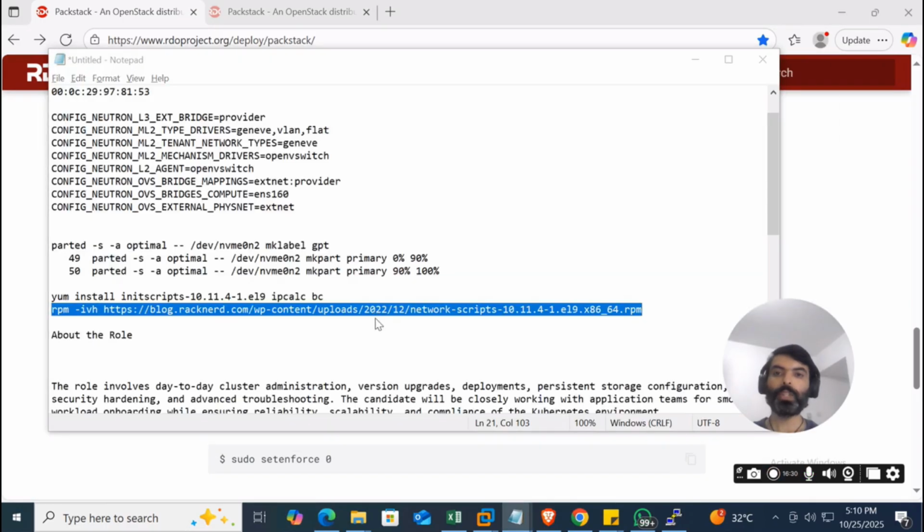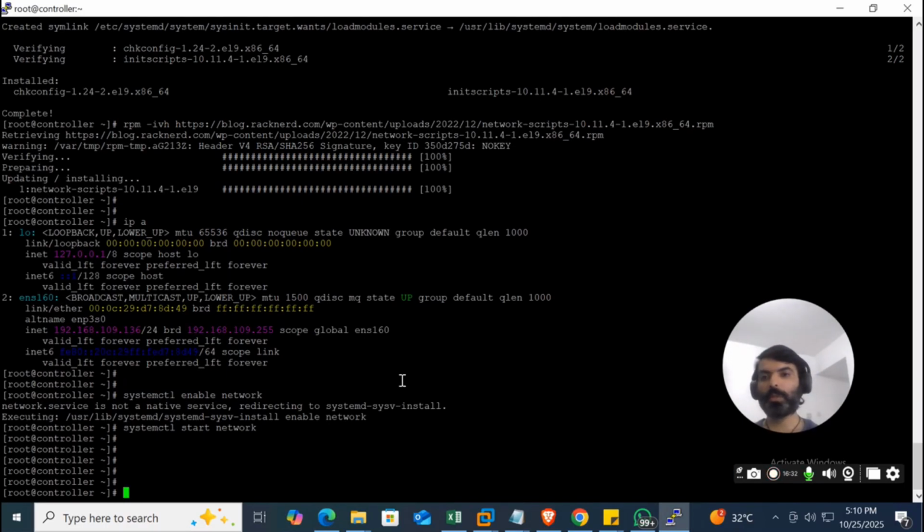Now, the next step here is to install Packstack. Packstack we just need to install on the controller node and not on all the other nodes. We don't want Packstack in compute or network node. But before that, we want to take a snapshot